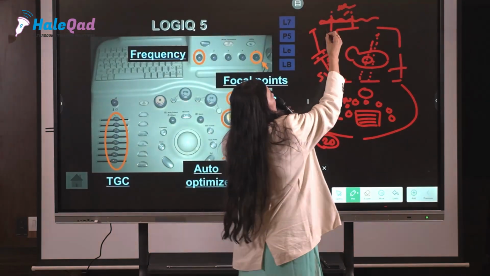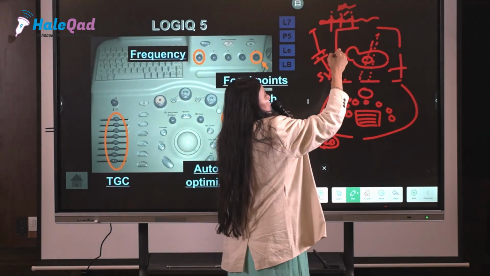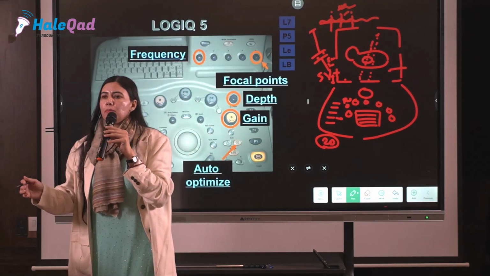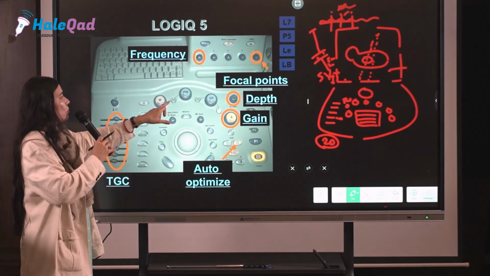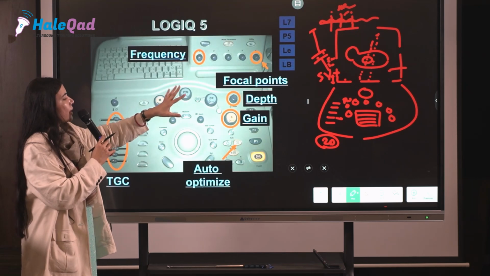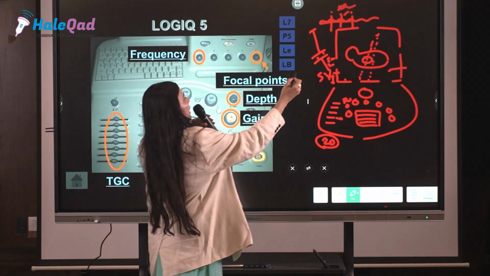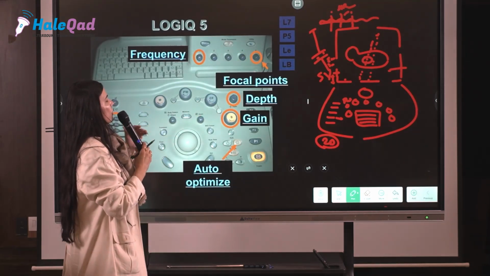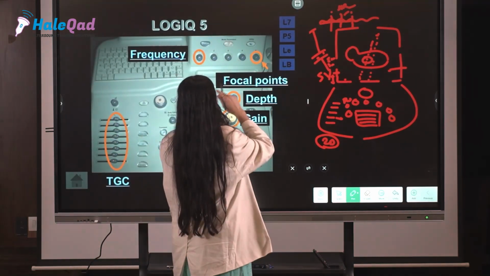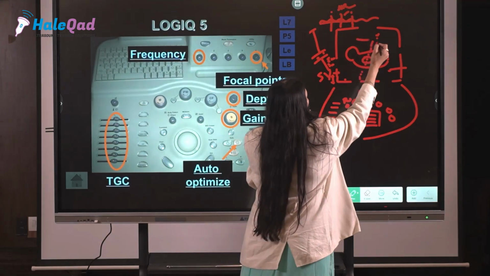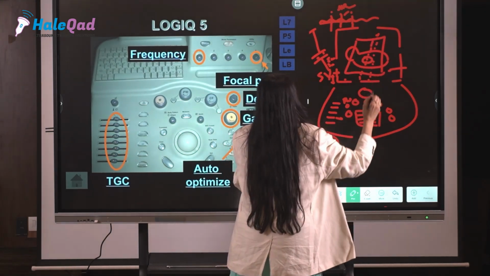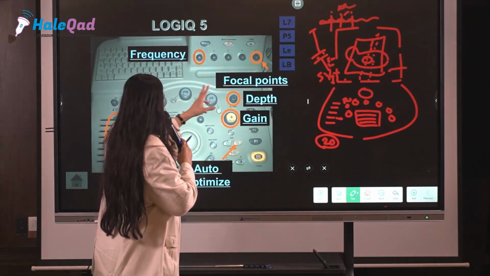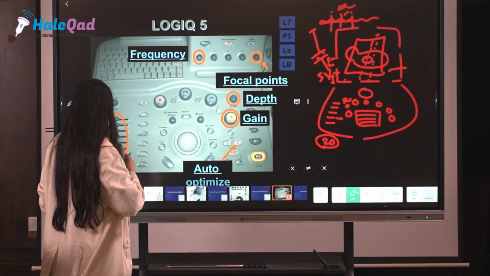In a Philips machine, you press it here only, and you get the fetal heart rate, like 110 beats per minute or 112 beats per minute. So this is motion mode. This is pulse wave, which I have told you about; a pulse will appear like this, and you are screening. This is color flow. The moment you press this button, this color box will appear. So this is the color box that you are going to get, and you can see all the color findings that you want to see.